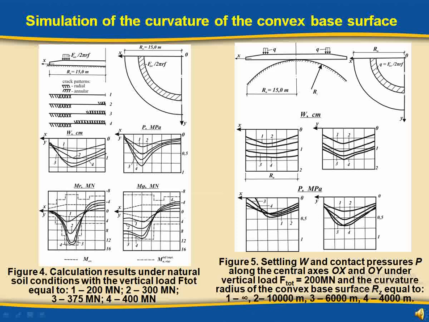crack formation zones, at load F equal to 200 MN, 300 MN, 375 MN, and 400 MN are shown in figure 4. At F equals 400 MN, plastic hinges form closed areas, annular and radial fracture lines divide the slab into several separate parts, and thus the load-bearing capacity of the foundation slab is exhausted. The value F_u equals 400 MN is the limit load on a given slab under normal soil